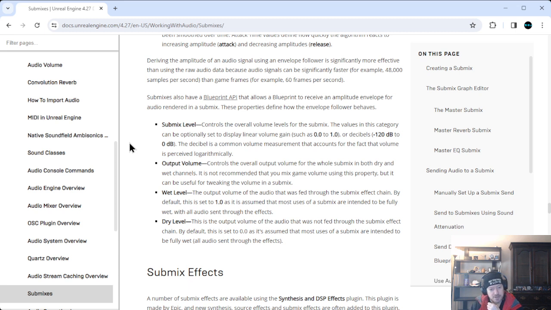All audio sent through the effects. Okay, so, this is a very weird way of stating those terms, but okay. Whatever, we'll deal with what they gave us. So in other words,